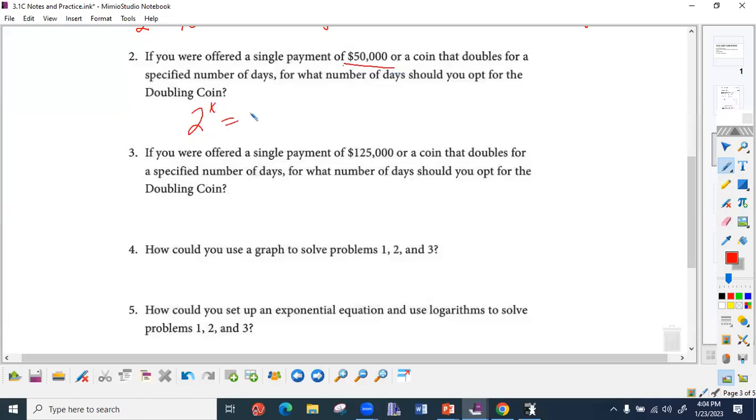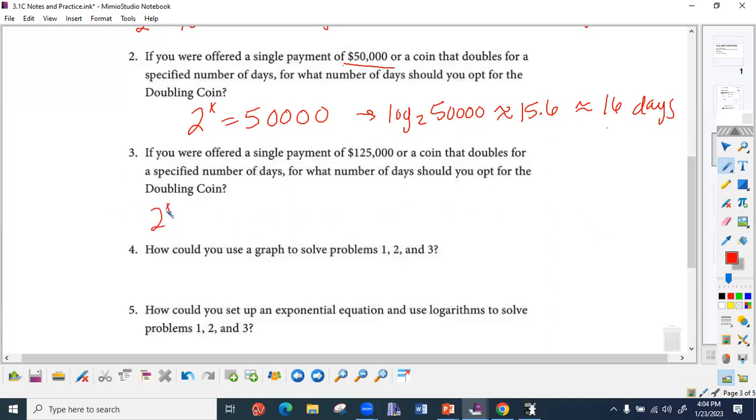So 2 to the x equals 50,000. And how do I solve that? There we go. Log base 2, 50,000. And what did y'all get? So we end up with 16.15? Yeah, 15.6, which makes it 16 days. Okay. All right, and then here we had 2 to the x equals 125,000. And that's going to lead us to